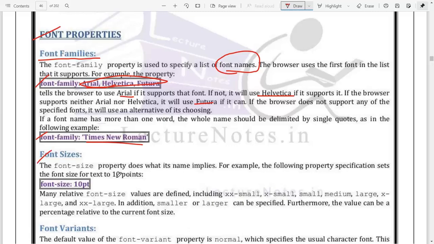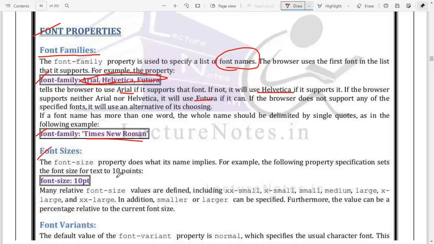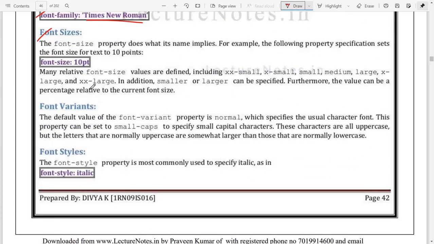Font size is used whenever you want to increase or decrease the font size. We can use something like pt. pt stands for points, or what type of font size you are going to use, just like how you use it in MS Word or MS Excel, the same way we can use it here. The font size values are defined using many units like em, px for pixels, and points. You have different types of values, and we can use any one of those for representing the font size.